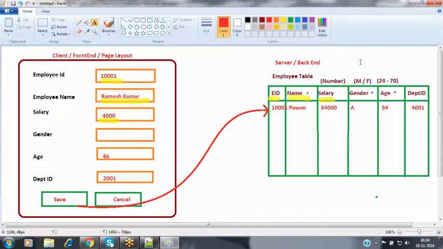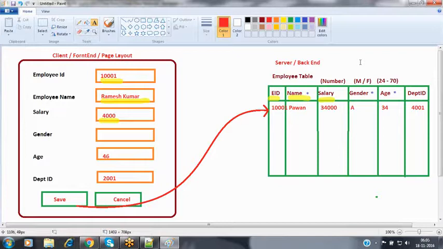Now at that security counter, they verify whether you have any unwanted items such as pistols, bombs, knives, all these things. They are validating you. If you have any unwanted items, they won't allow you to enter the shopping mall. They will throw you out. If you don't have any unwanted items, then they will allow you to enter the shopping mall.